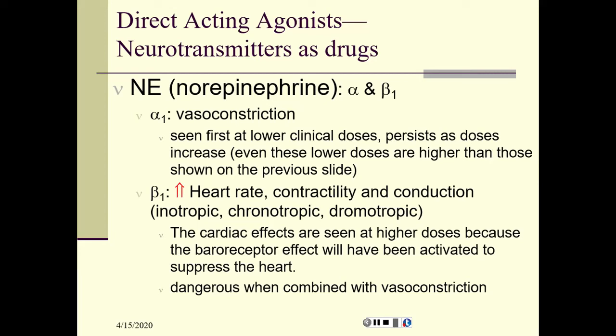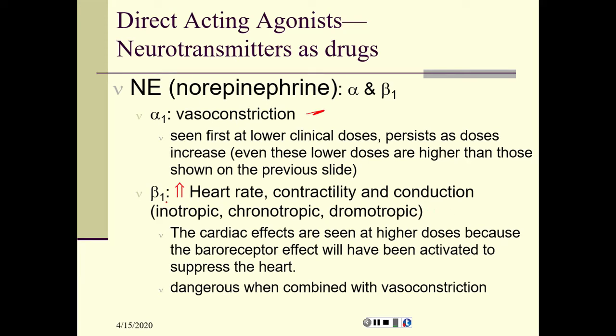And so then we talked about neurotransmitters as drugs, right? And so these would be called direct acting agonists. And the neurotransmitters, epinephrine is a drug. It comes in a bottle, right, available for injection. And it has these various properties. Most notably, it causes vasoconstriction, right, which will raise blood pressure, but it also causes,